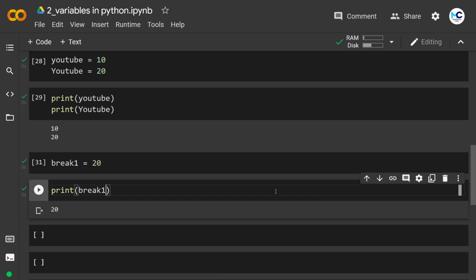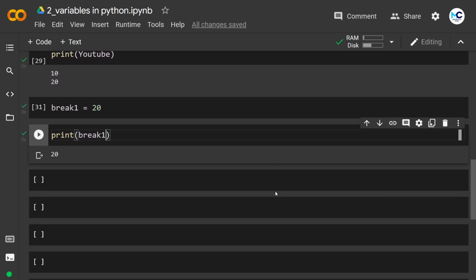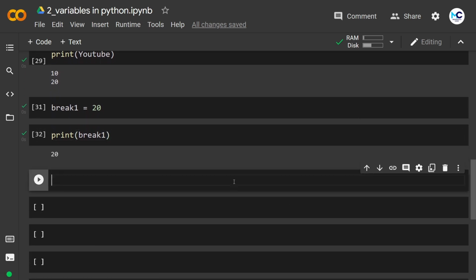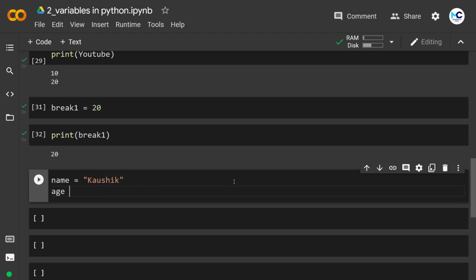And the last one, it's not a rule actually, it's a good practice for any programmer. When we define a variable, the name should represent the value that we are storing in the variable. Let's say if I want to store my name and age, I can define two different variables, name and age, to store both the data. Name equal to Kaushik and age equal to 34. So this is a good practice because in the variable name we are storing the name of a person, and in the variable age we are storing the age of a person. You can define any variable name to store both these values, but it's a good practice.